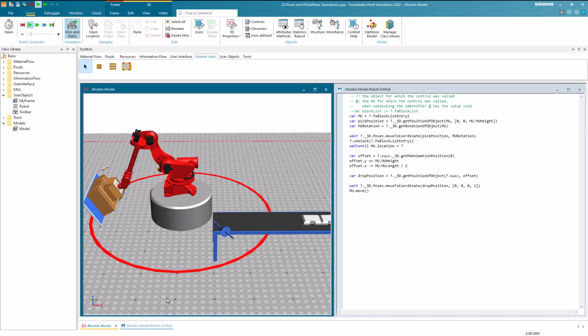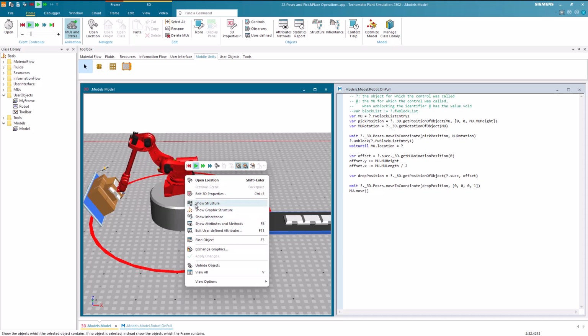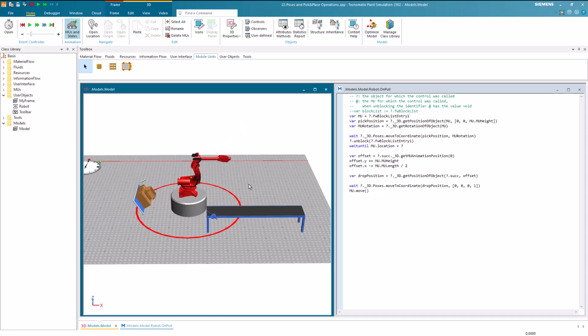Now, let's summarize what we have accomplished so far. Initially, we duplicated the station class and subsequently replaced the graphics. Following that, we inserted an instance into the frame. Defining poses on this instance was a logical choice, considering that poses generally depend on the specific instance, and the coordinates are specified relative to the respective objects. However, as our work progressed, we made the decision to generalize the poses using Symtark code.